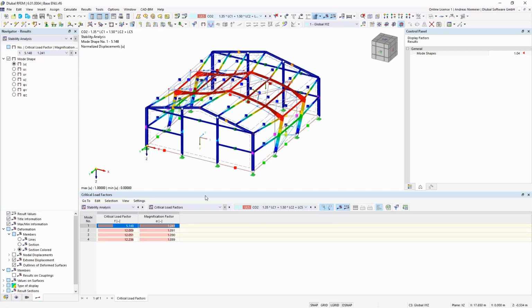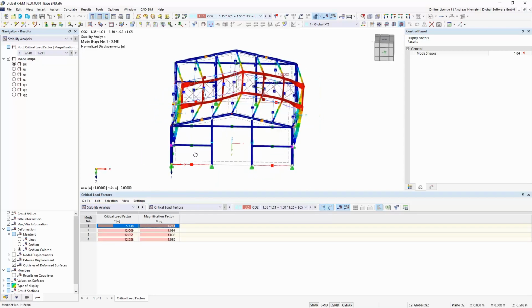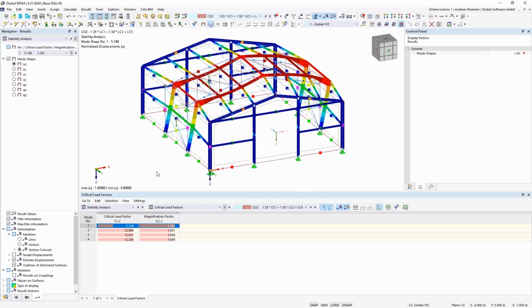It's a global shape in X direction, and because we have a magnification factor bigger than 1.1, we have to consider second order calculation with imperfections.